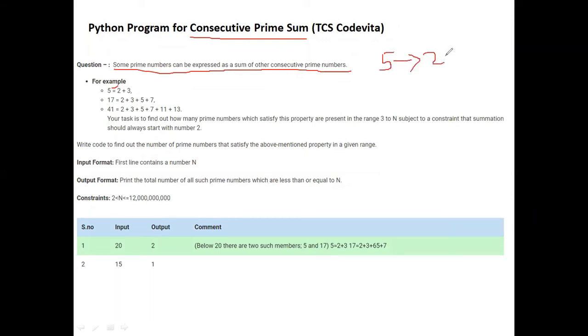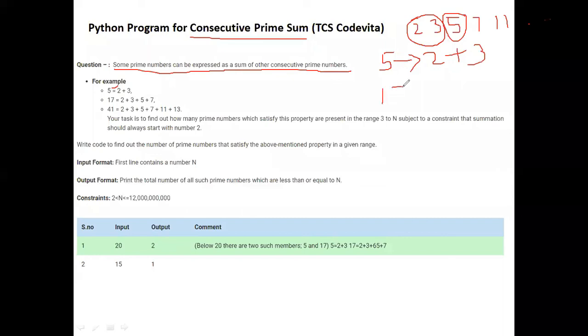The prime numbers are 2, 3, 5, 7, 11, and so on. The number 5 is expressed as a consecutive prime sum, here 2 and 3 are consecutive primes. So 2 plus 3 equals 5.